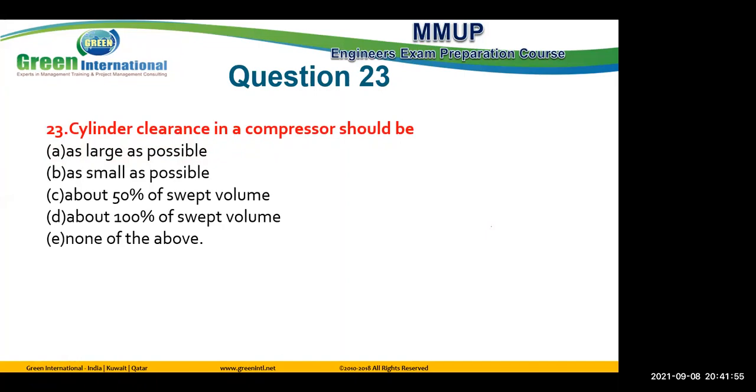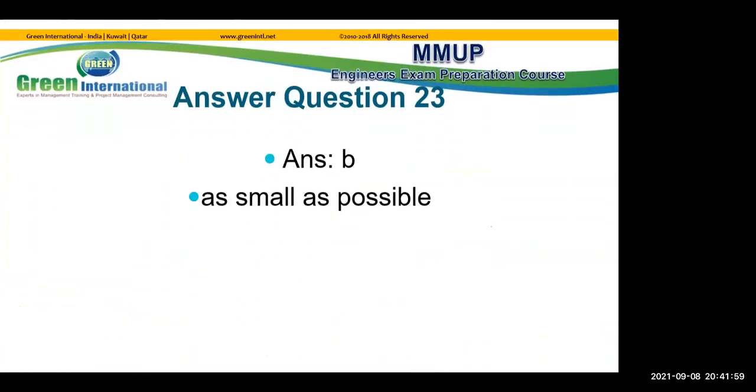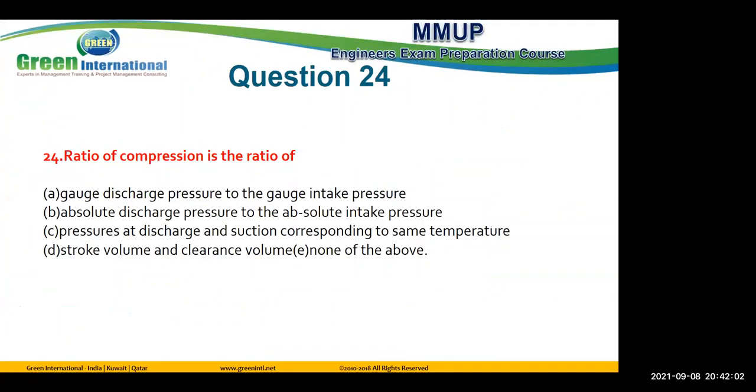Cylinder clearance in a compressor should be as small as possible. Ratio of compression is ratio of